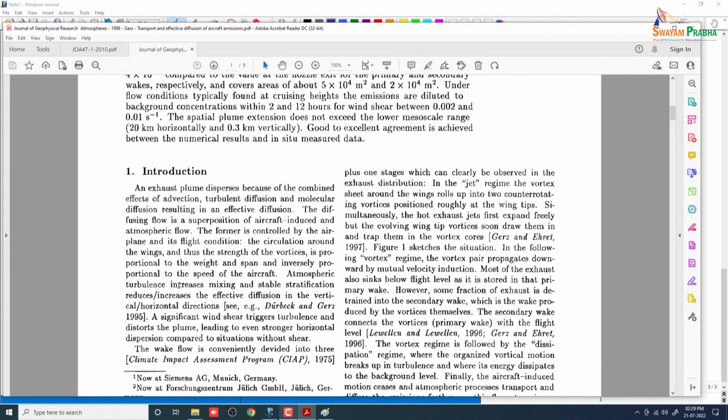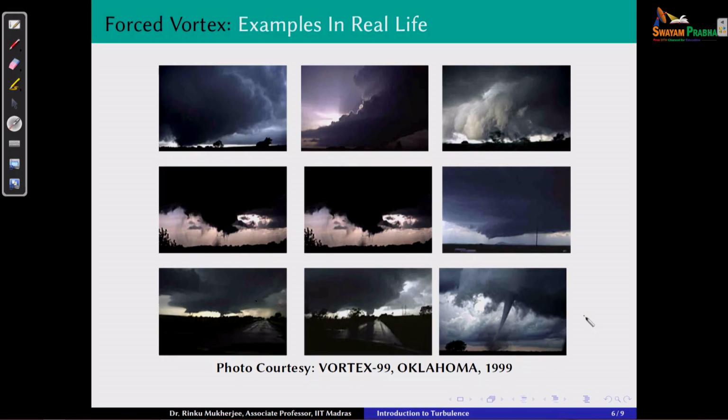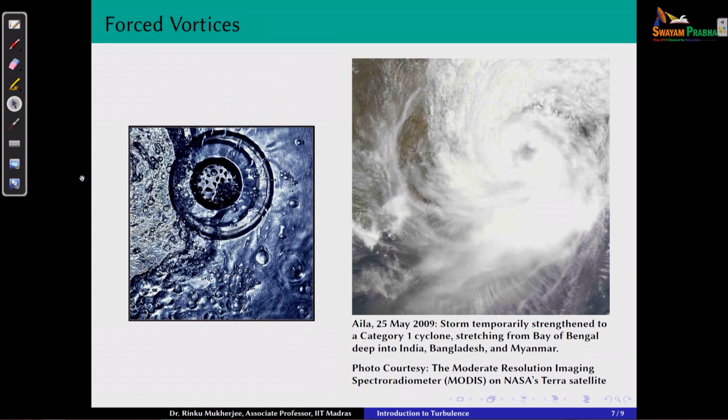So although these contrails are actually not turbulent, although they look like that. Also, this is a development of cyclones actually. Okay. Before I do that,